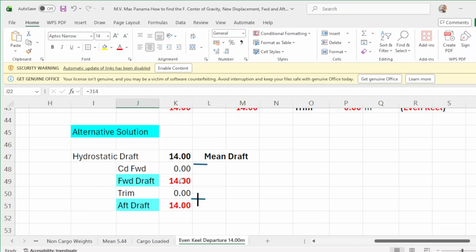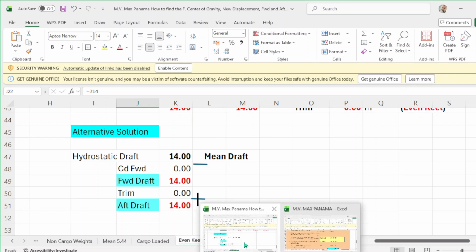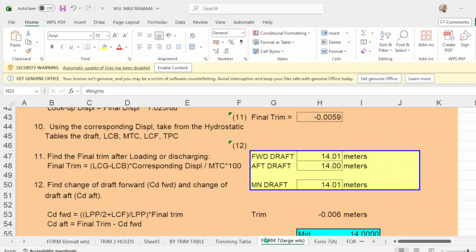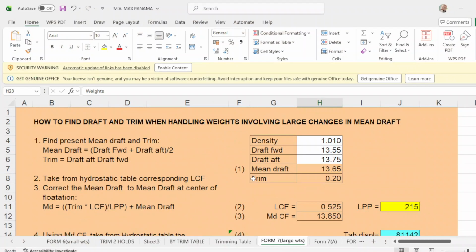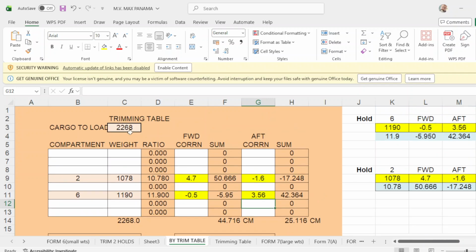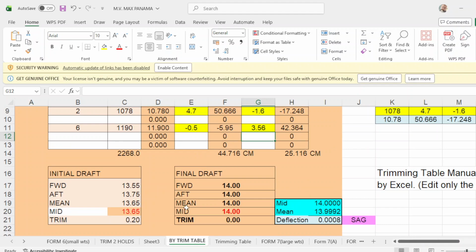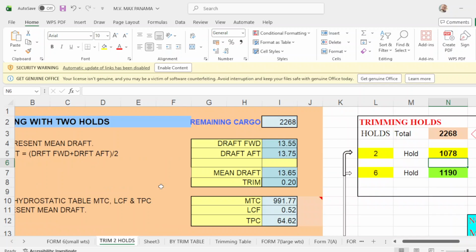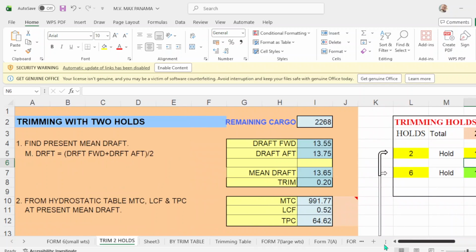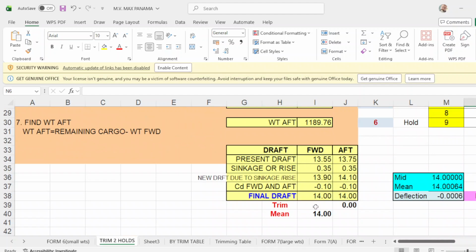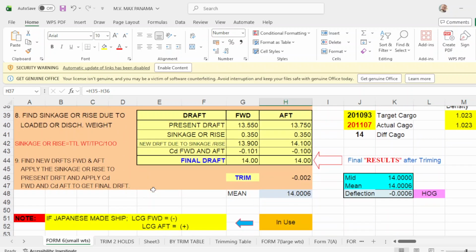There's another equation of how to get the final drop. So this is 1, the manual, then 2, form number 7, okay, 3, the trimming table, 4, you got even drop here, and 5, form number 6, and you have even keel of 14 meters.